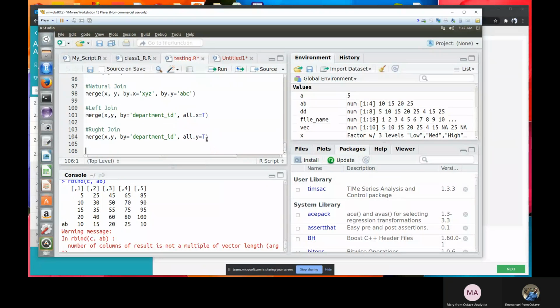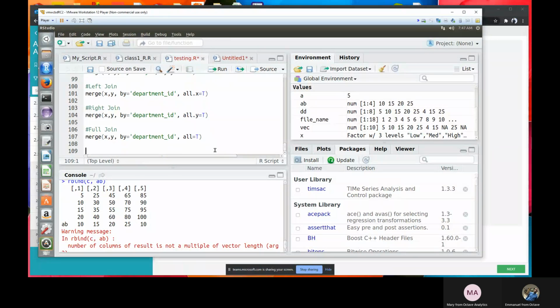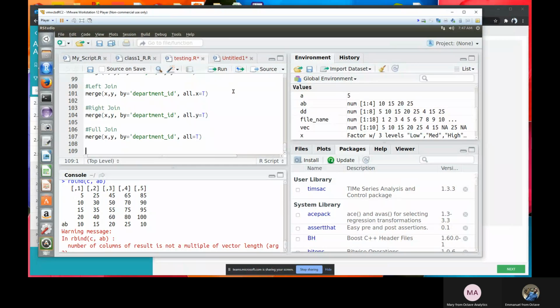But if I'm doing a full join, what I just need to specify is that I'm going to copy this, then put here, all is equal to true instead of all.x or all.y. So all is equal to true. That's what I'm going to specify. That's just the concept of doing all those joins. So I believe you are clear on this.